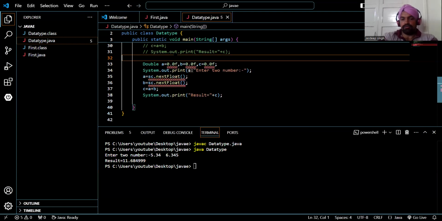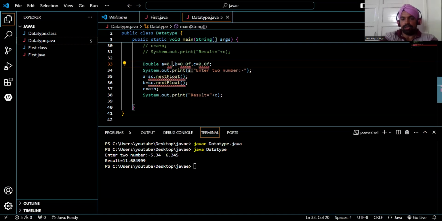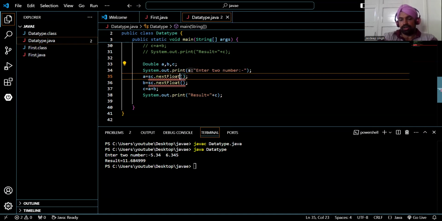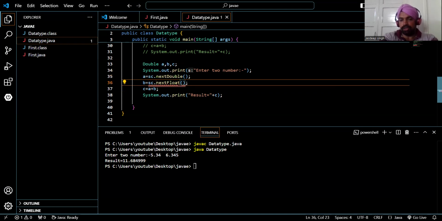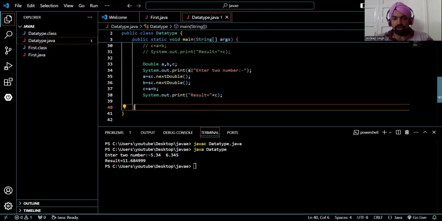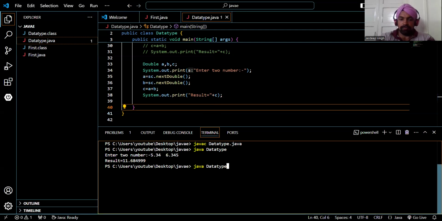Okay, so for double, it is not mandatory to add these zeros. If you leave it blank, there is no problem. In the integer also, if you leave it blank, there is no problem, but it is advised that you add that. So just change the float. Now you have understood how to go for the data types, which might seem a little bit easier. So if you just compile it down,